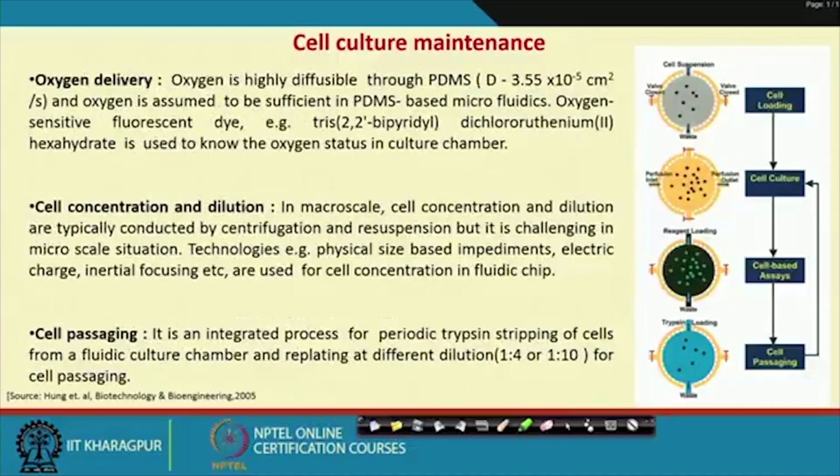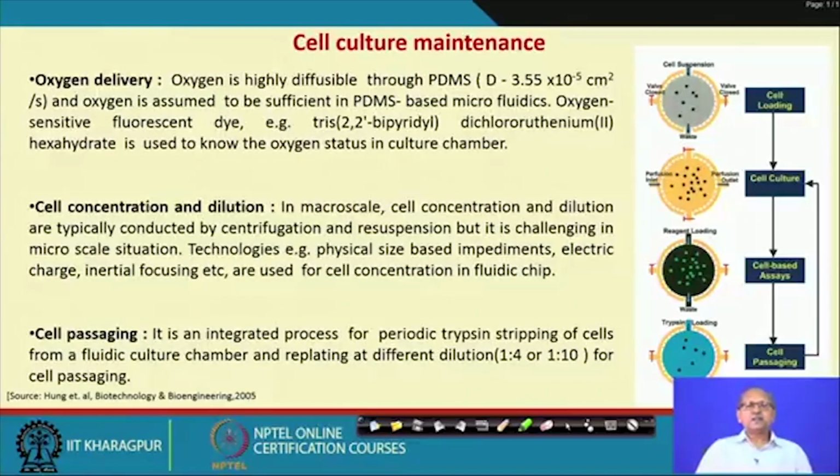Other factors you have to consider, like oxygen delivery. In general, PDMS layers are permeable to oxygen, with a diffusion coefficient of around 3.5 times 10 to the minus 5 centimeter square per second, and it is assumed that sufficient oxygen concentration is available in a PDMS microfluidic system. Generally we measure the oxygen concentration in a fluidic channel by using a fluorescent dye, tris(2,2'-bipyridyl)dichlororuthenium hydrate,